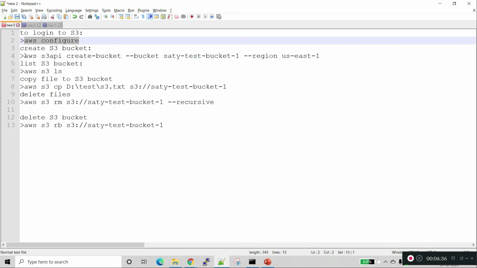So let's go and create the bucket. aws s3api create-bucket --bucket with the bucket name. The bucket name should be unique across regions. I'm creating the bucket in US East 1.